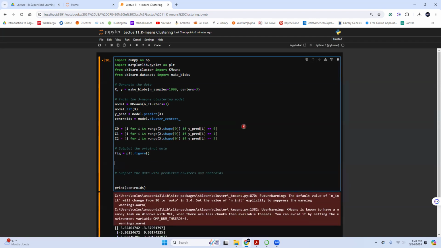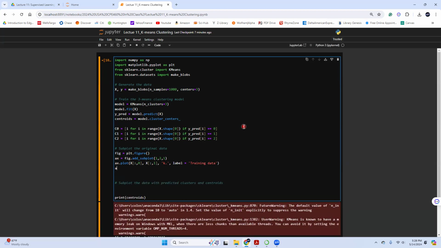Create a figure, and then add an axis, 1, 2, 1, and then add ax.plot. Here just plot all the data, use the black color, and then label equal to training data.